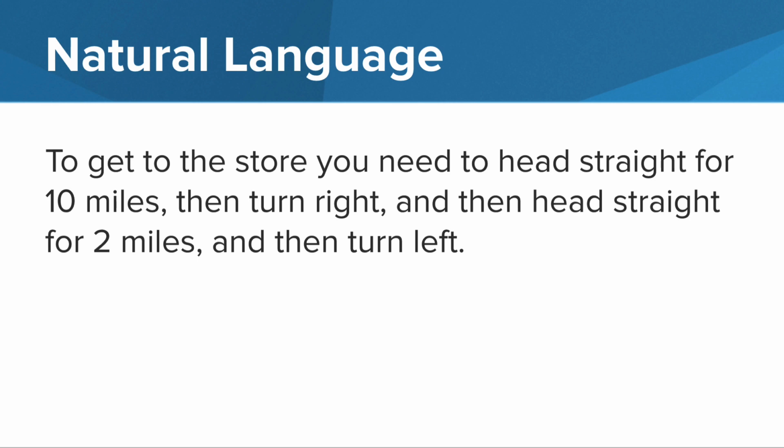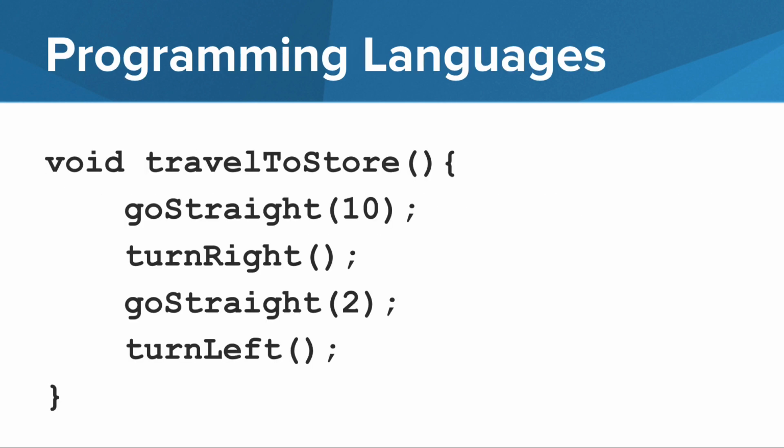We speak in a language that is a lot different than what computers understand and what binary is. Let's say we want to give directions to get to the store. We may say something like what you see here on the screen. Of course, a computer wouldn't necessarily understand that, and they don't really understand our natural language, although they're getting closer with such technologies such as Siri, Alexa, and other voice-based programs. In order for us to give a computer instructions, we need to provide instructions in a programming language. What you see here is known as a function, but we'll get more into that later.